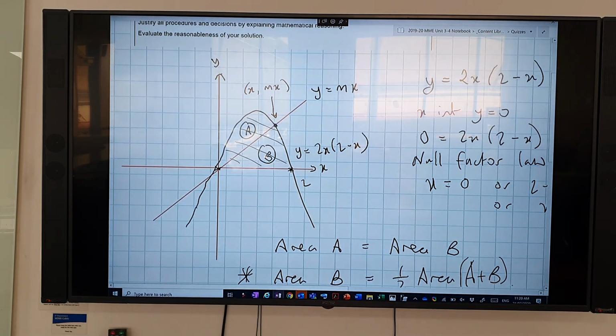How do I know it's mx up? It's on the line, isn't it? It's got to be on the line. Now, for it to be on the line, what else could I say about it? What else, as well as being on the line, where does it cut as well? What other graph does it cut? 2x. Yeah. So I'm going to call that point C. So I'm going to say